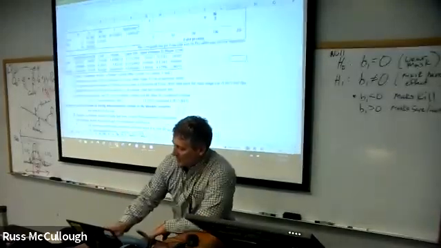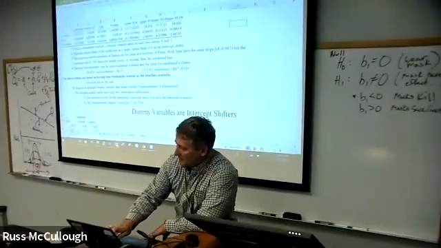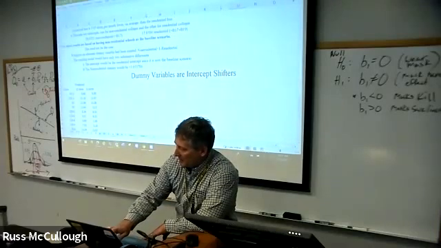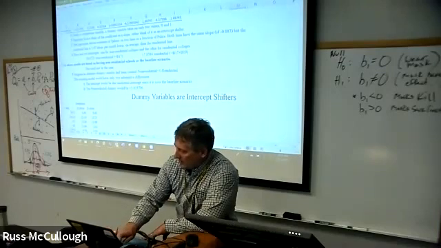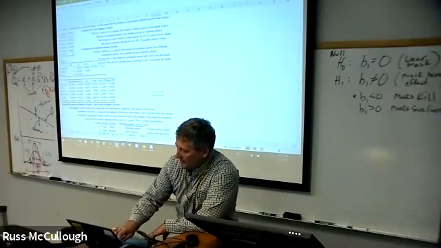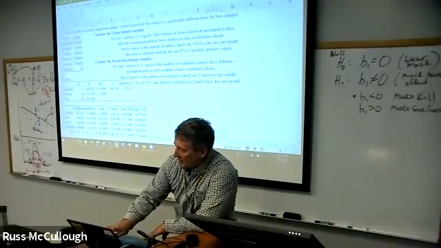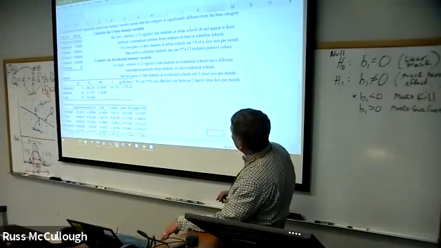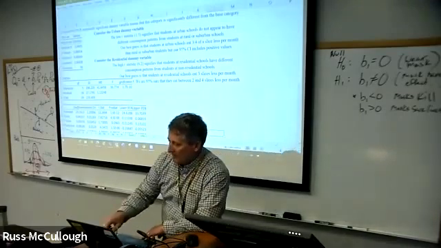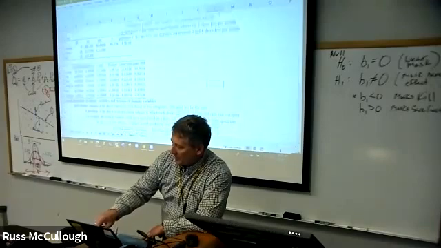Okay, so he talks about that here with dummy variables. I'm going to let you do this on your own. I'm just pointing out a couple of things here. And then 3B is a little more detail on how you structure it. So there's the urban variable, there's the residential variable.